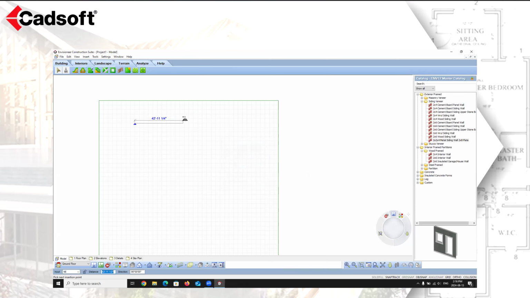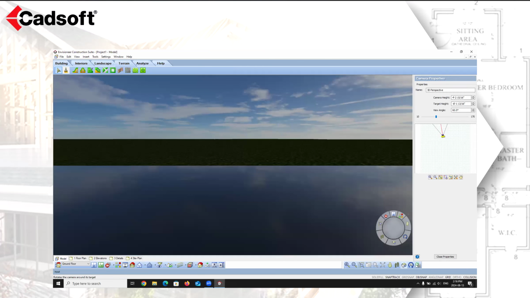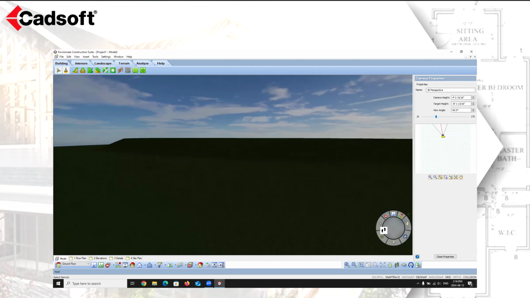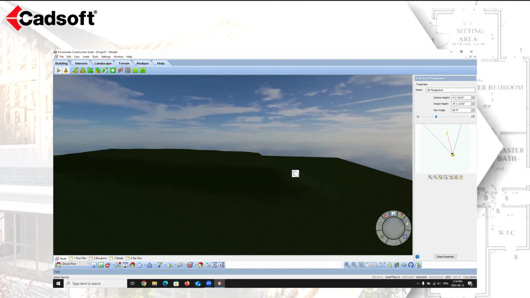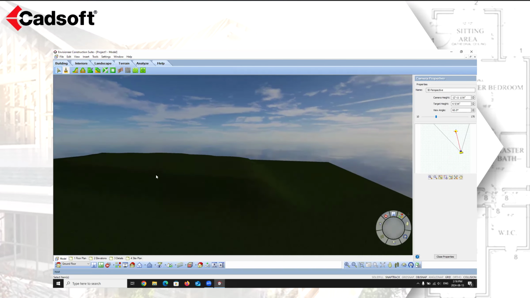So I'm just going to turn ortho off by pressing F8. So now I can create a plateau and I can drop this in and create any shape that I want for this plateau. And then when I say finish, it will create that plateau. And again, with the zenith set in the middle, it's going to create a subtle slope. So when we go back into our 3D view, and I just pull this camera back, we will see that plateau. So it's going to create a flat surface on the top, and then our slopes down from that flat